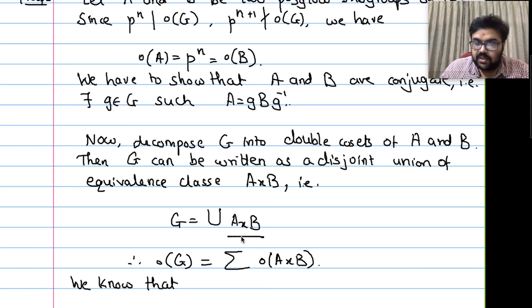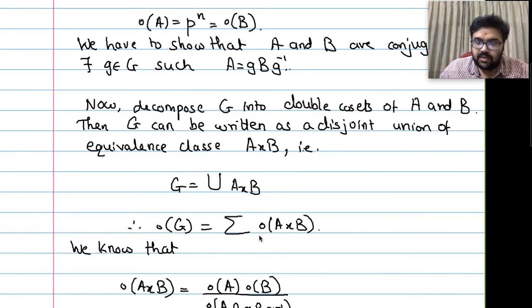So this union is disjoint. Because it is a disjoint union, it is exactly the sum. Remember I said if I want to count the number of students of a department, because there is no common student, count the number of students in class 1, and then count the number of students in class 2. So we can write it as a sum. Otherwise we cannot write this. But because the union is disjoint, so this is a disjoint union, and therefore